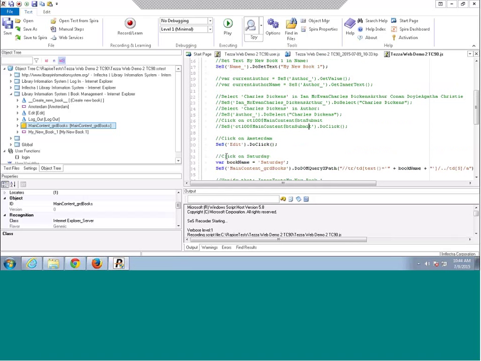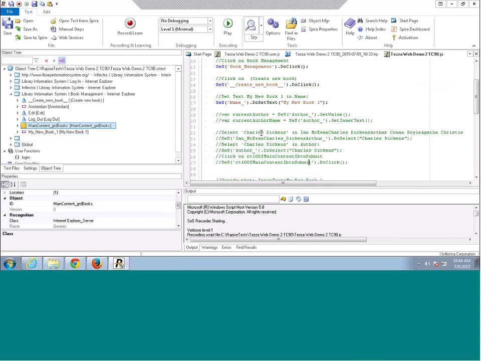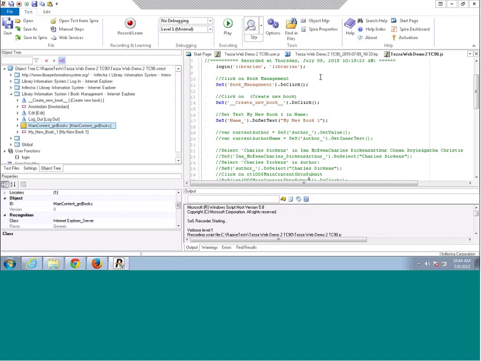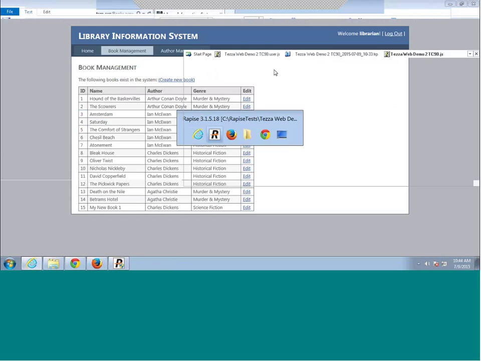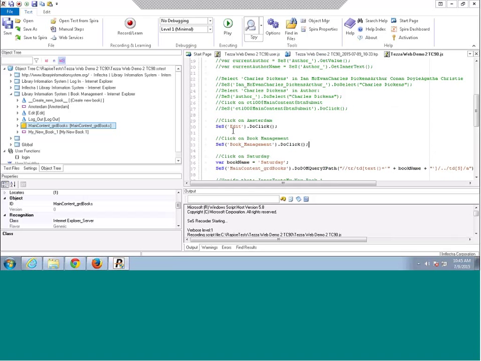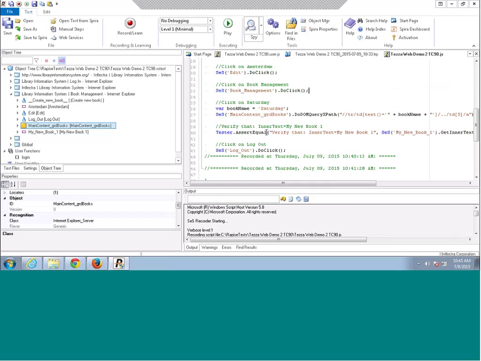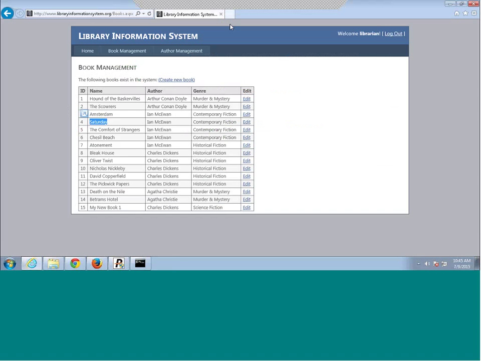So what we can do is we can try playing this back. And because this is going to click on one book, then click on the other, I need to, in between the two, get back to the list of books so it works. So I'll just cut and paste that from up here. This clicks on the main menu entry right here, and will take you back to the list. So I'm just going to insert that between the two. And since I'm not adding the book, I'm going to comment that as well. So now if I hit play,